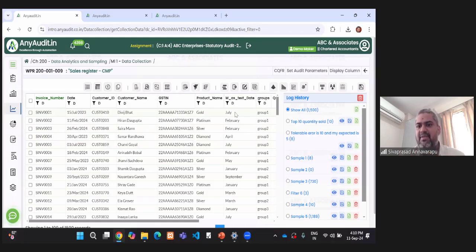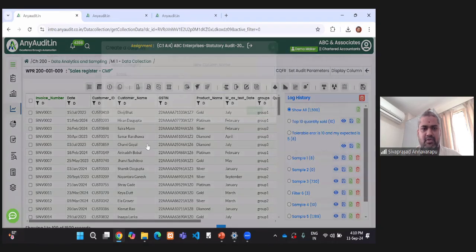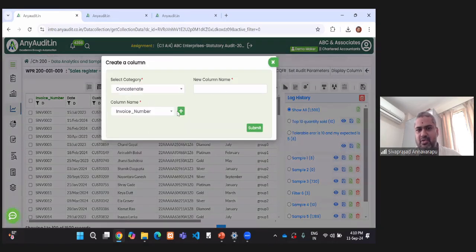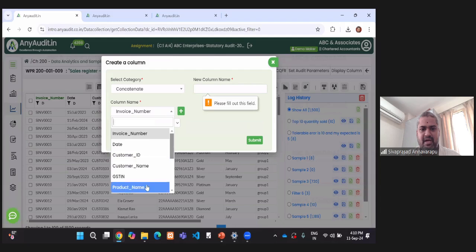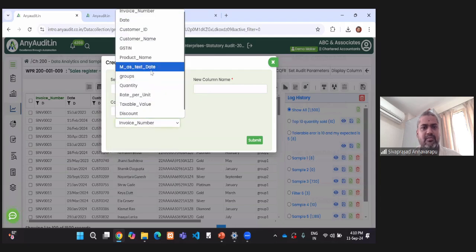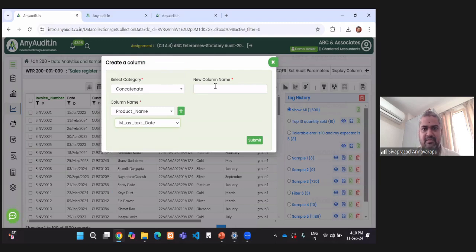Now what I'm doing is I'm coupling both of them. I'm clubbing the product and the month. So I'm selecting concatenate. What columns to concatenate? I wish to concatenate the product name and also the month, and I want to give it as product month.